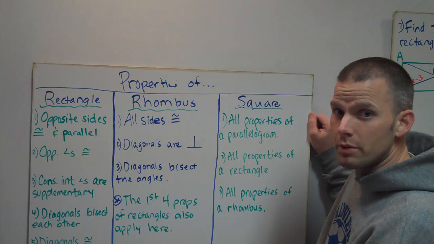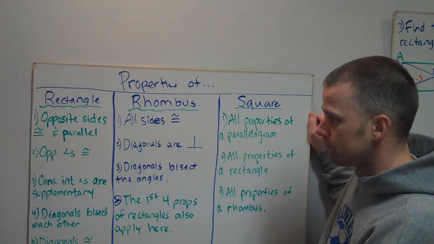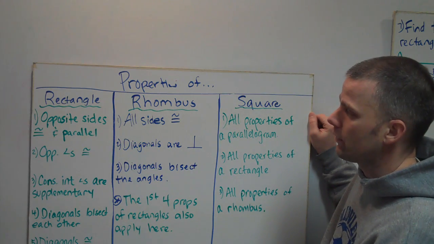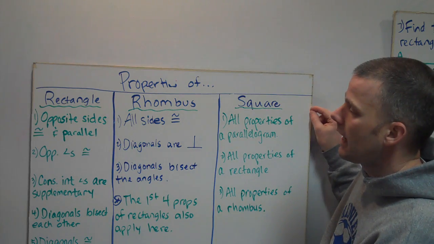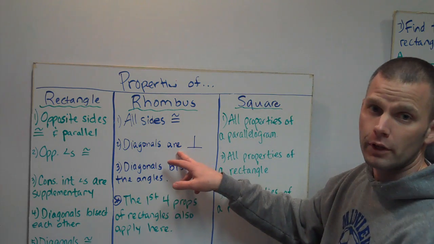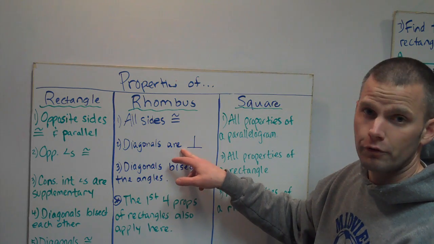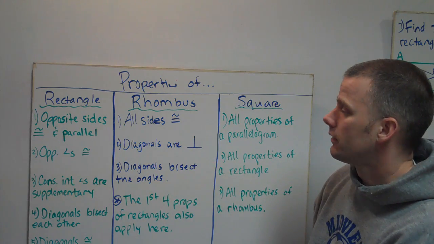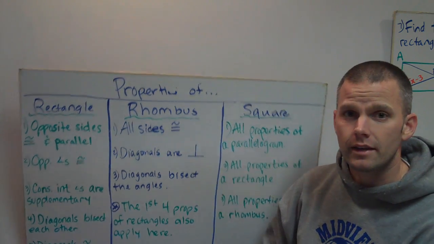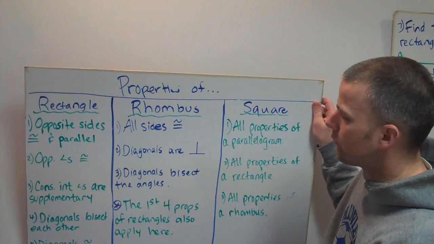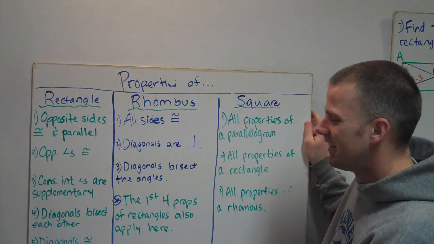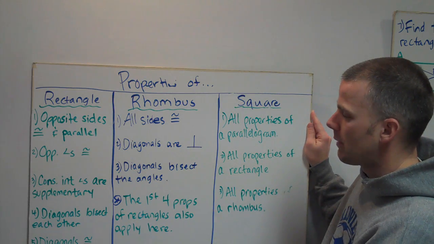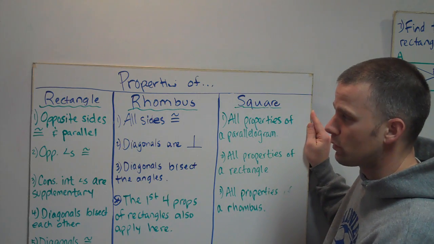So the rhombus, again, will possess all the same properties as the parallelogram, except some other ones that make it a little bit different, which makes it a rhombus, the fact that all sides are congruent. The diagonals are perpendicular to each other. They're going to form right angles in that kind of that middle area of the rhombus. The diagonals also bisect the 4 angles of the rhombus. And also, as I said before, the first 4 properties of rectangles also apply here because those properties are the